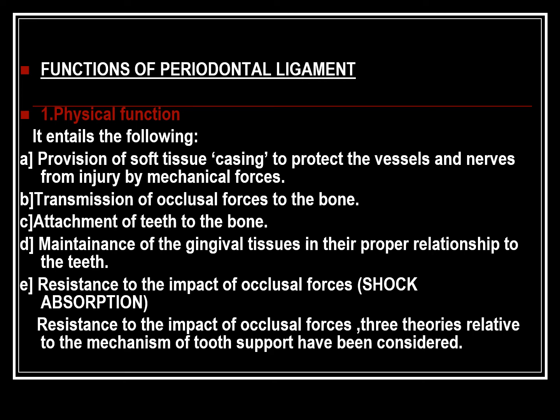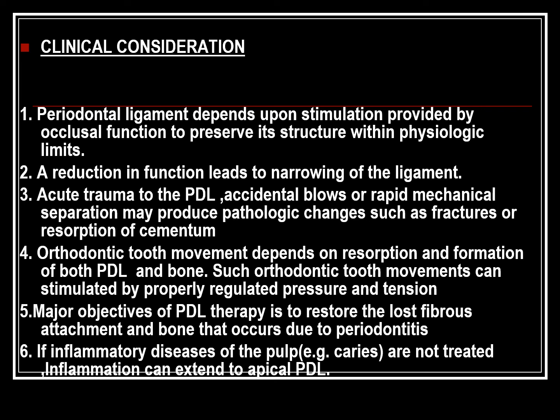The resistance to impact of occlusal forces is supported by 3 theories which support the mechanism of tooth support and which have been considered. The periodontal ligament depends upon the stimulation provided by the occlusal function to preserve its structure